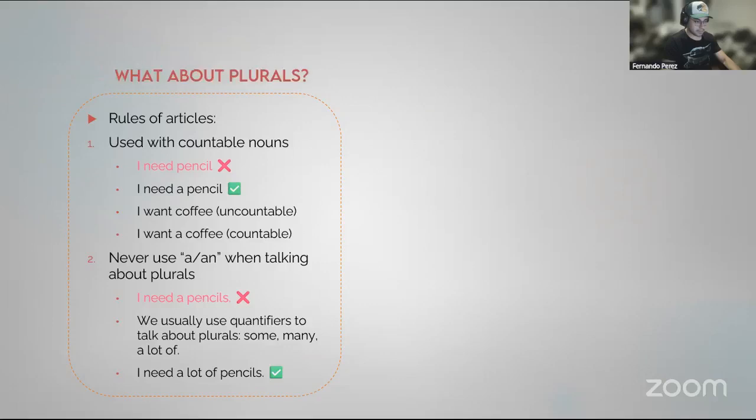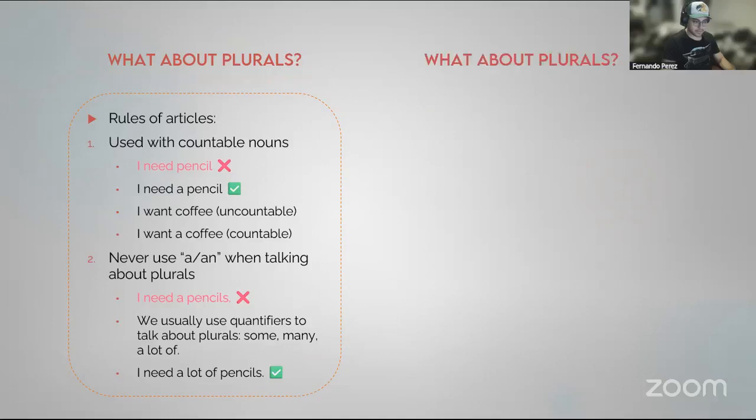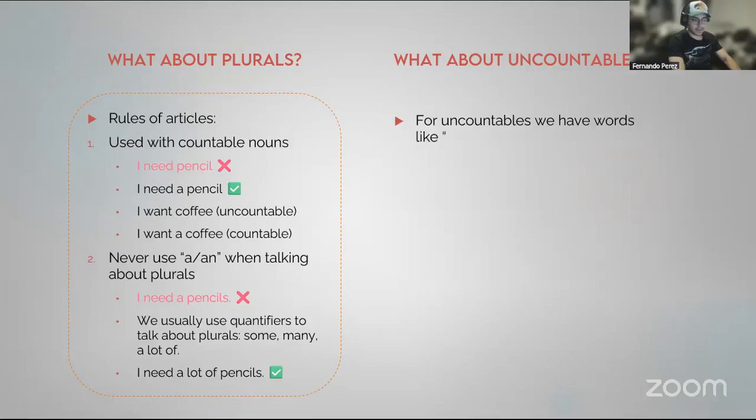This is about plurals. What about uncountables? Here's an issue. Never use a or an for countables. No, for uncountables, we have words like much, many, a lot of, etc., which are quantifiers. So it's incorrect to say, for example,